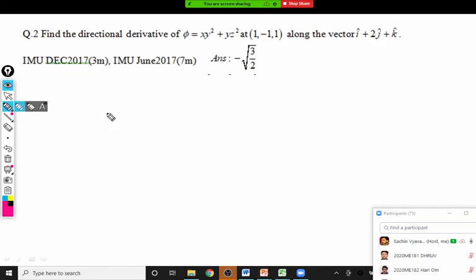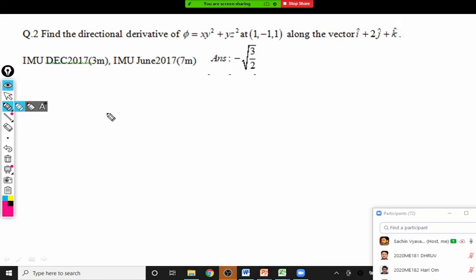So question number 2 here. No, sir, I think I was having some disturbance. Now it's fine. Okay, no issue. In question number 2, you'll observe the wording is changed. Remember, in many of these gradient questions the wording will be different, but you have to do the same question. See, the question is to find the directional derivative at 1, minus 1, 1. And if the question is to find a normal vector to this function phi at 1, minus 1, 1, then also we'll do the same calculation. Even though the wording is different, the meaning is the same.